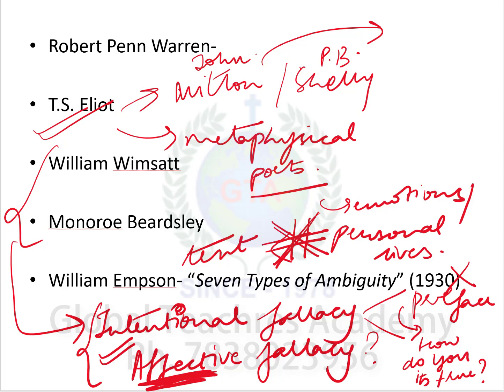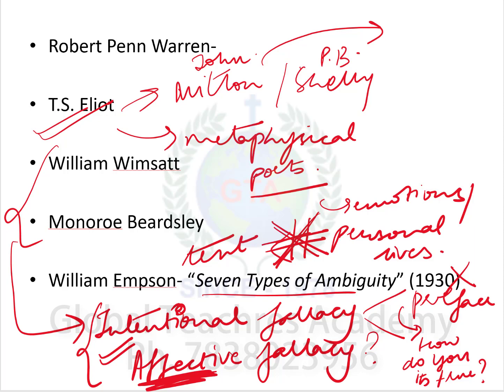So these are some important words: heresy of paraphrase, close reading, affective fallacy, intentional fallacy, right? These are important terms that make an important understanding. Tension, Allen Tate's tension, right? And then there's William Empson's Seven Types of Ambiguity. He is trying to understand the multiplicity of language in terms of understanding the various ways in which a word could be represented and its ambiguity in representation, right? So these are your important new critics, and this is just a brief idea